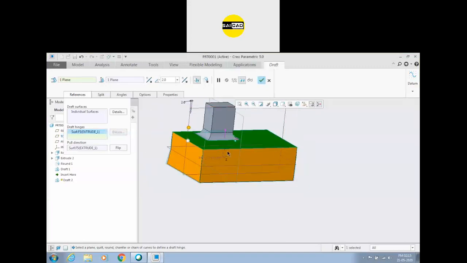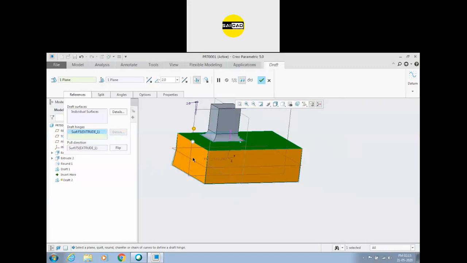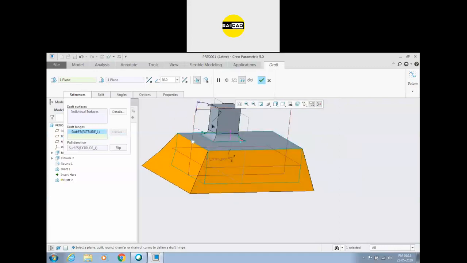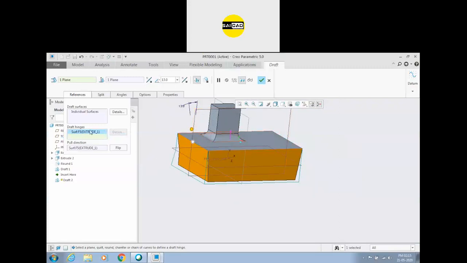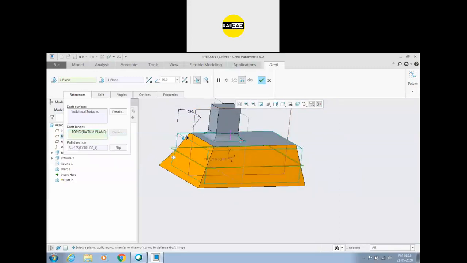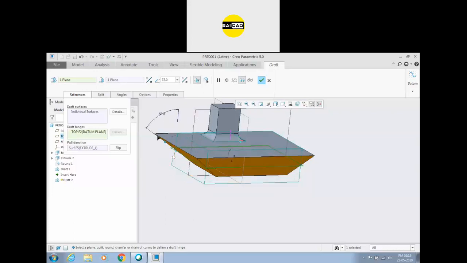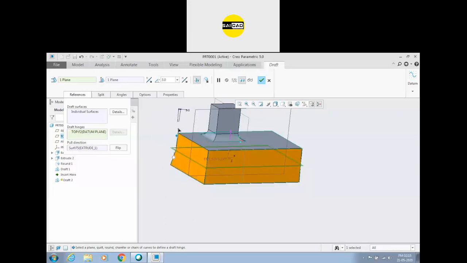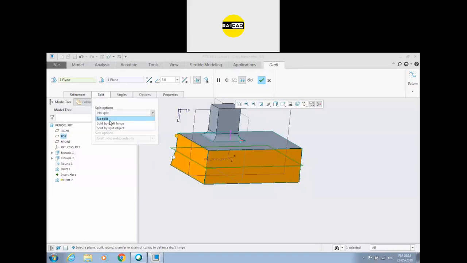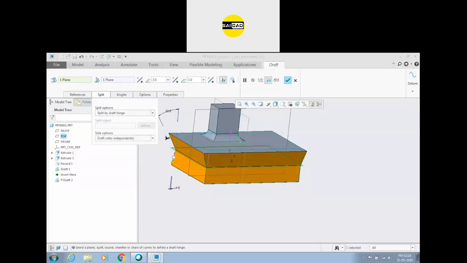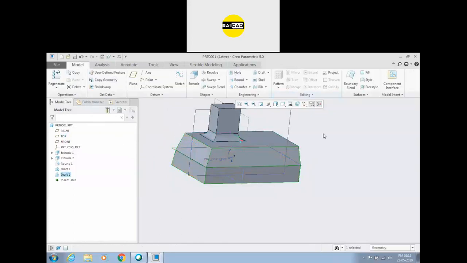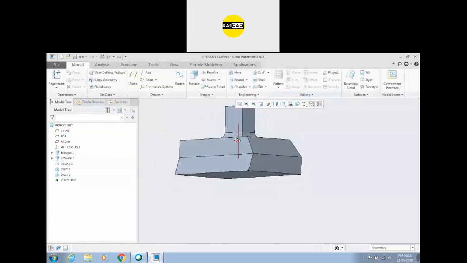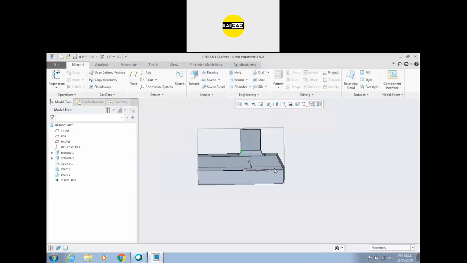If you select draft hinges, this one, you will see the draft will be applied to the other side. This area will remain the same. You can see that this area will not change. If I select this one, now this area will remain the same. The value will be changed on upside and downside. And if you want to separate, you can go here, split by draft hinges. You can split it at this one. Okay, click OK, and this is the draft. Got it?